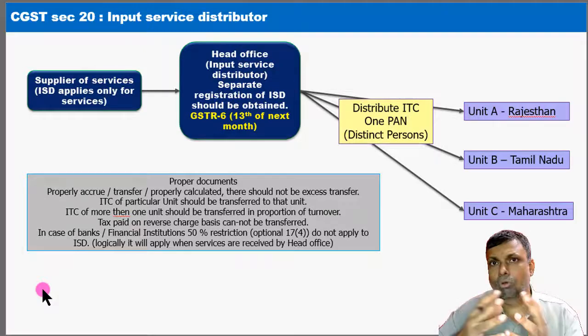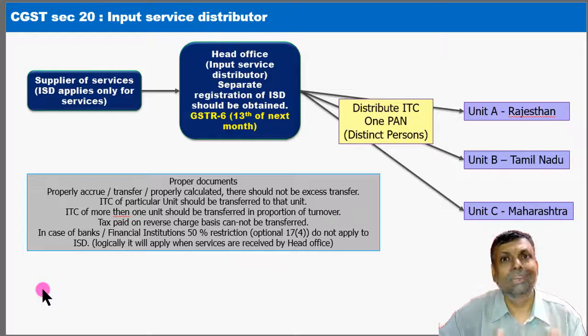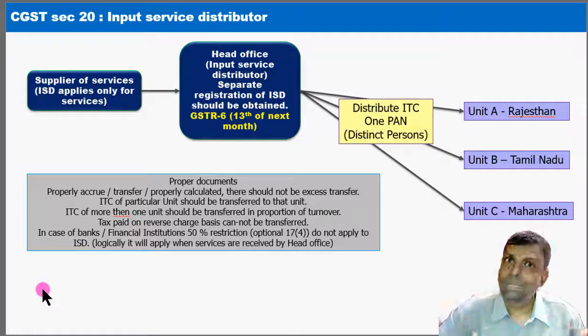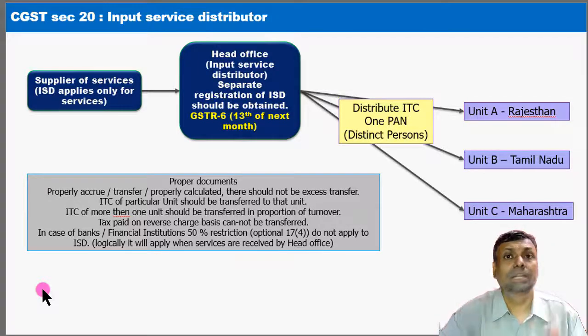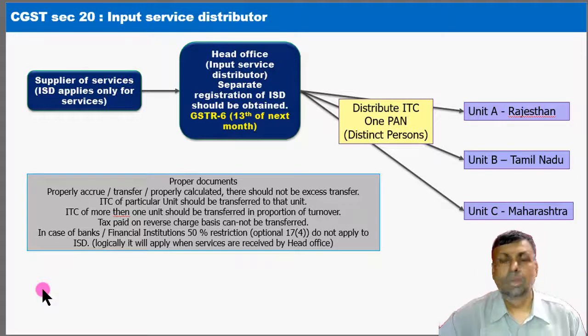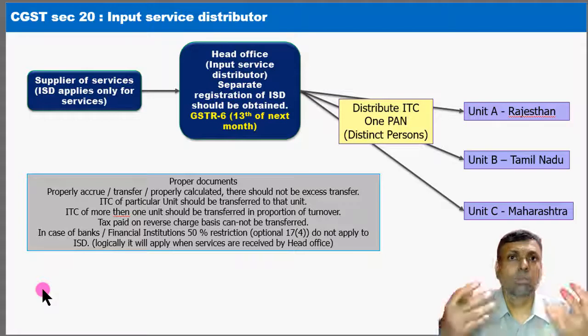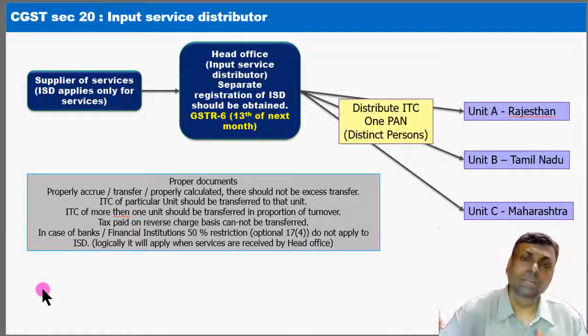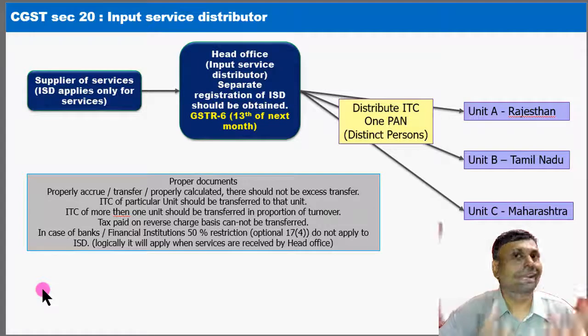So what happens is that all your input tax credit logically gets accumulated at Mumbai office because that is your service distributor, but the actual consumption of that particular services is not done in your Mumbai office, but it is done at the respective distinct locations, maybe because it is your unit, branch, division, factory, whatever you want to say, and state-wise separately units are already registered. So input service distributor is basically such a body in an organization which is procuring all the services but for other divisions of that particular organization. So that kind of situation.